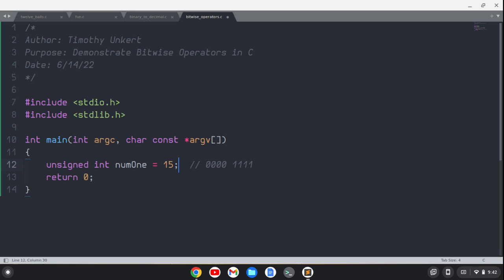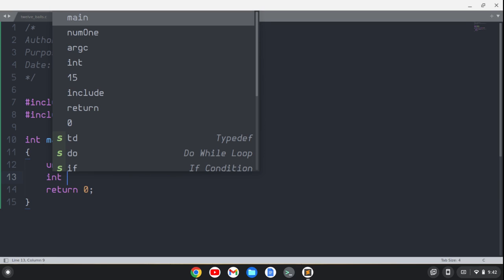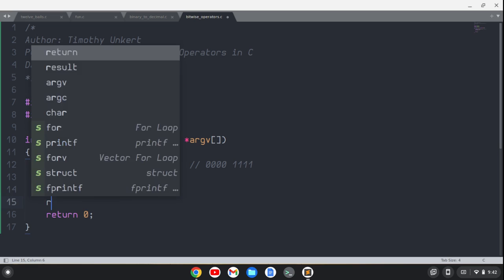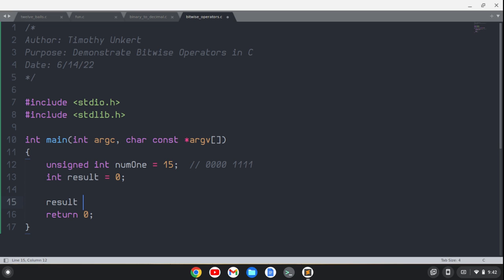And what I'm first going to do, I'm going to keep that up there, and I'm going to create another integer. We'll call that the result, and we'll set it equal to 0, but then we'll say that result equals basically num1, and I'm going to shift it